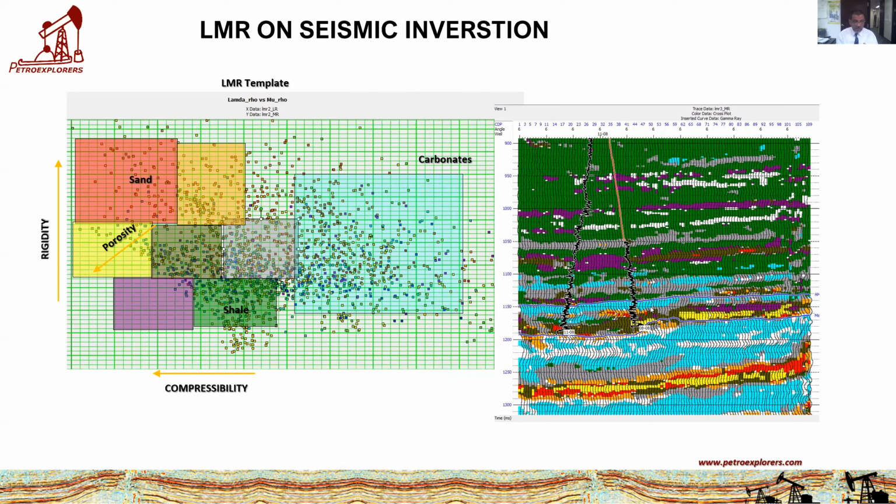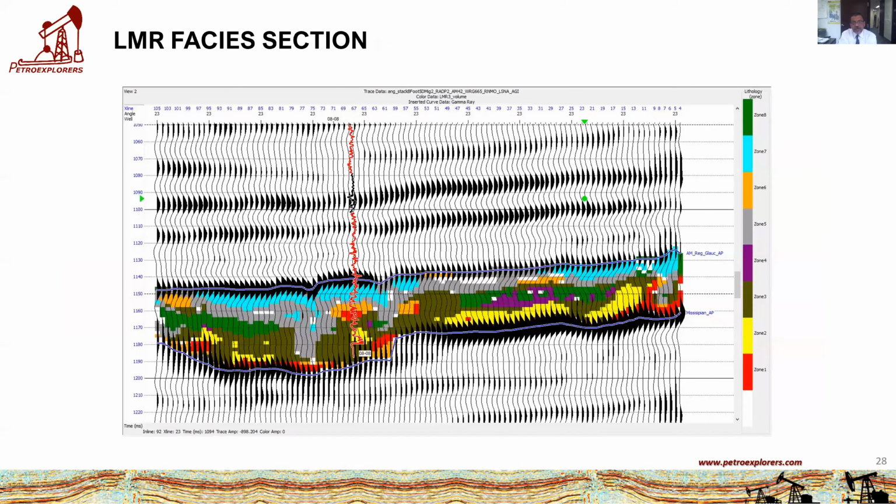So, but now it is only a two-dimensional template where you can see the one well and then try to scale the seismic to that and then transfer that template to the seismic. And you can do a facies interpretation based on these. So that is one way of doing it, but again, it is based on deterministic inversion. So in the deterministic inversion, you can come up with the facies where your sands, shales, and